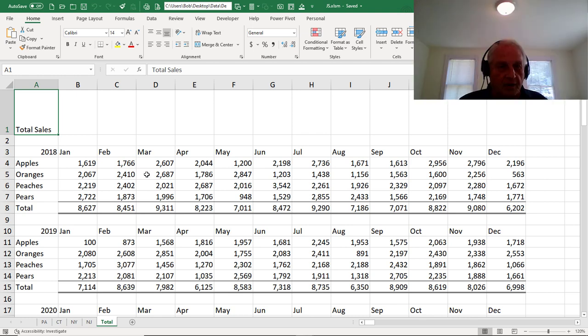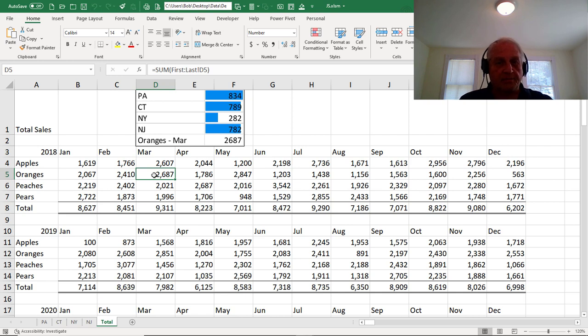Watch what happens when I click on March for oranges. I get a little chart that pops up. And it's picking up the numbers from the Pennsylvania sheet, Connecticut, New York, and New Jersey, all for the cell D5, and I'm summing first colon last. Now you didn't see a sheet called first or last, but those are hidden sheets. The first sheet is before PA, and the last sheet is before total. So if I added any sheets, it would automatically be picked up in here. But how this happens is the point of this